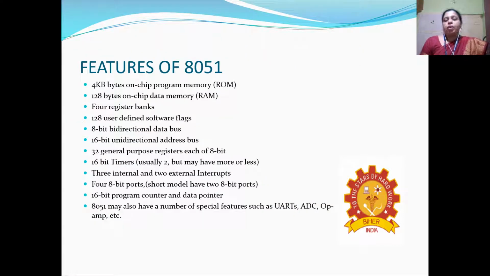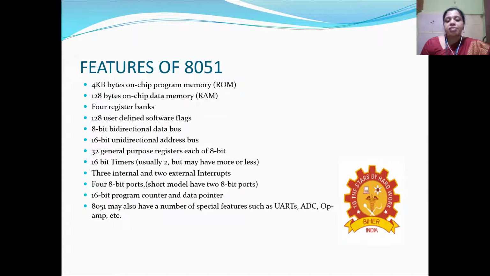So now the features of 8051. 8051 is basically an 8-bit microcontroller. It has an 8-bit bidirectional data bus and a 16-bit address bus. And regarding the memory, it has 4 kilobytes of on-chip program memory, that is ROM, and 128 bytes of on-chip data memory, that is RAM,